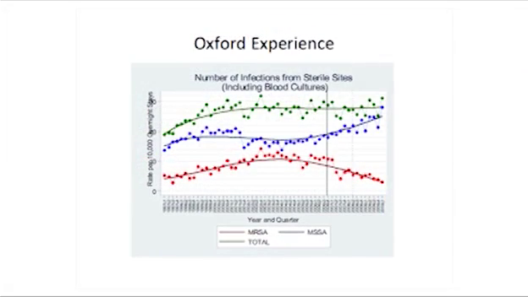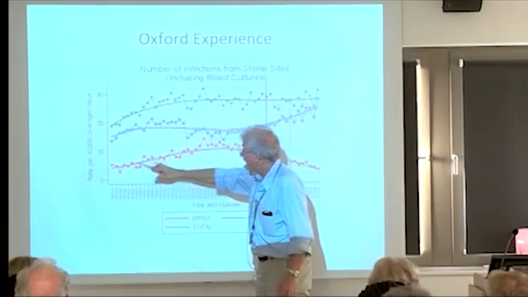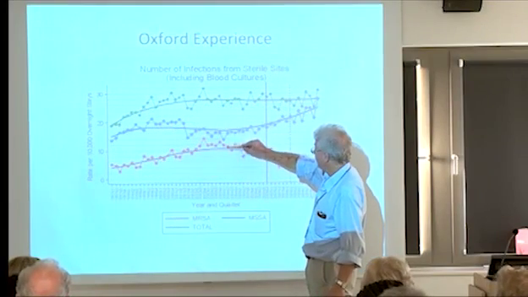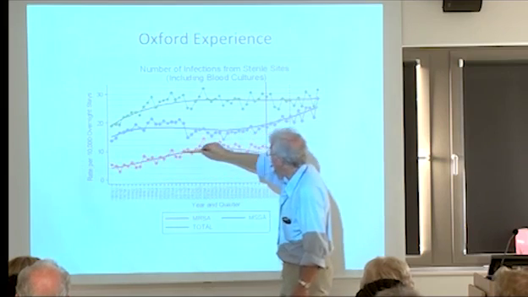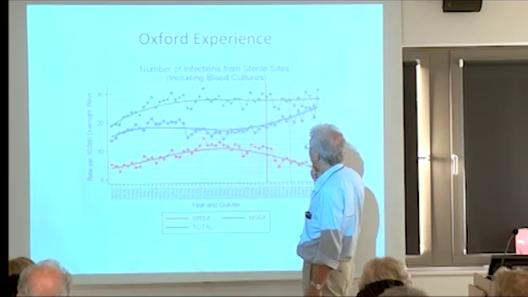What's been the experience in Oxford? We can't quite give you the time span that we had in Denmark. We've looked at a little bit more than Denmark, and this is a curious thing. So right back here in 1997, by the way, we've mined that data. We've been able to get all this information about people out of that electronic database that you've put together. So you've been able to reap this information from that thing. So MRSA went up. It reached a peak here in about 2003, 2004, if that was a peak. There's some thought that it might have gone up and went flat and then went down again.